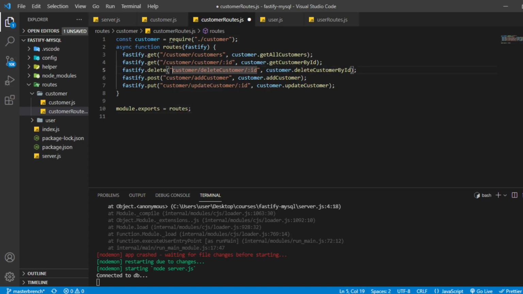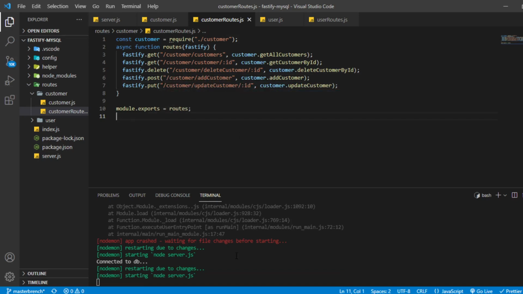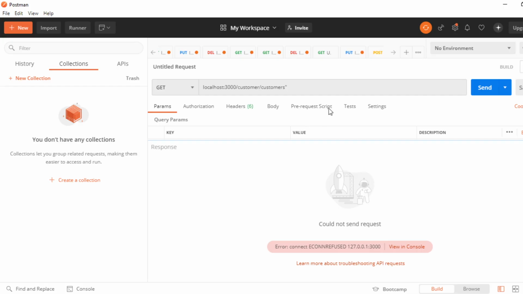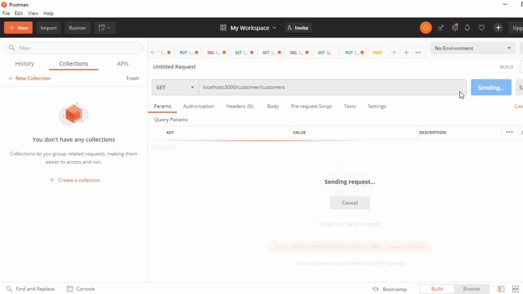If you make a mistake, that means you're learning, and learning is always good. And now it should work fine. Let me check it. Now if I hit, it should give me the data.